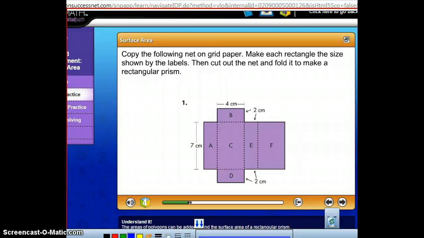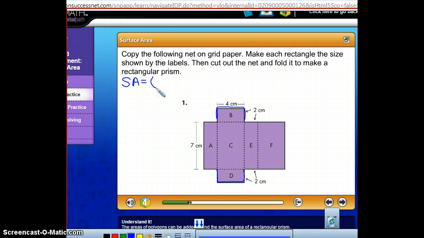Now, let's just take a look here. We know that surface area means finding the area of all the sides, side, front, back, top, bottom, and adding it together, okay? So let's first deal with B, which is a side, and D, which is a side. Surface area, that's SA, equals,